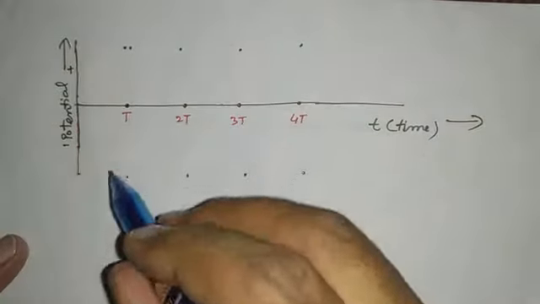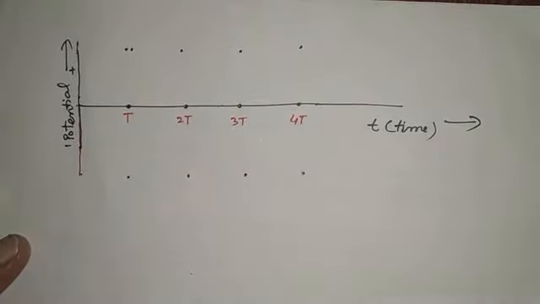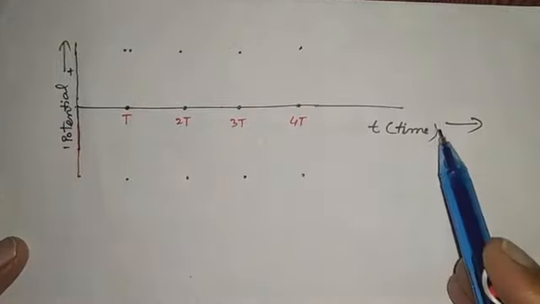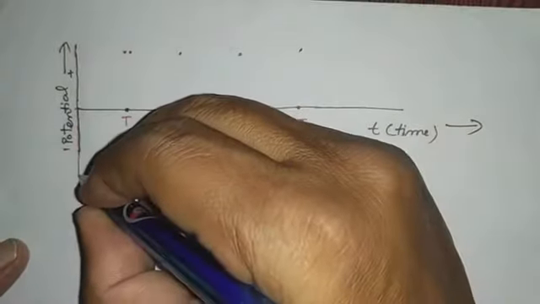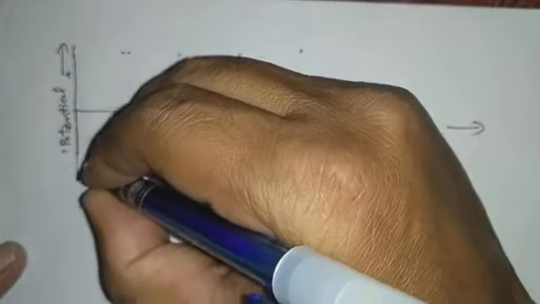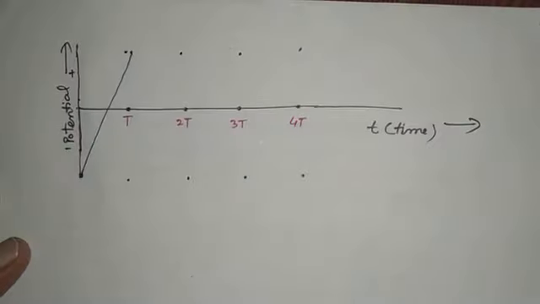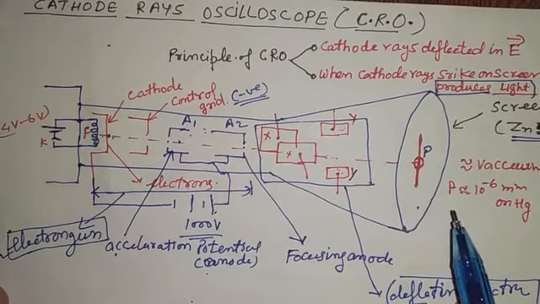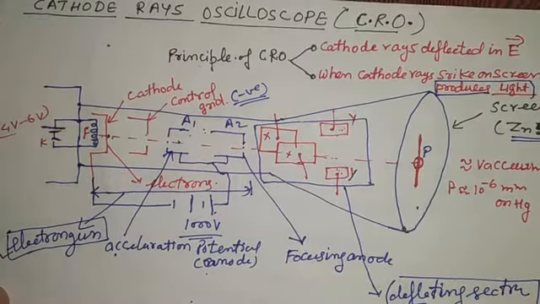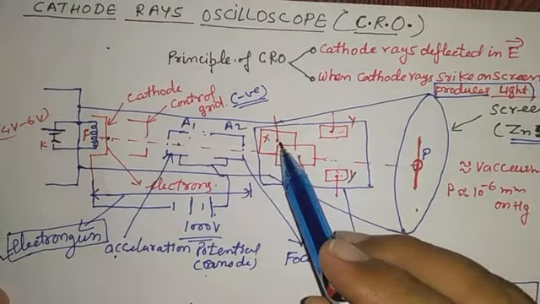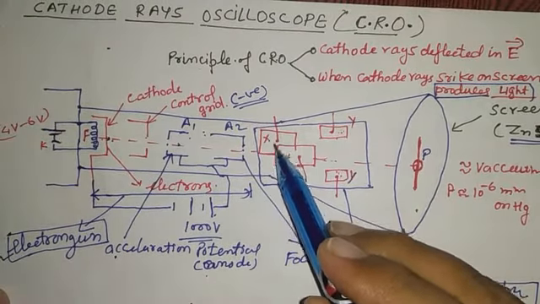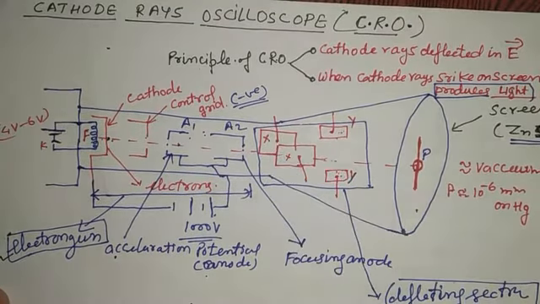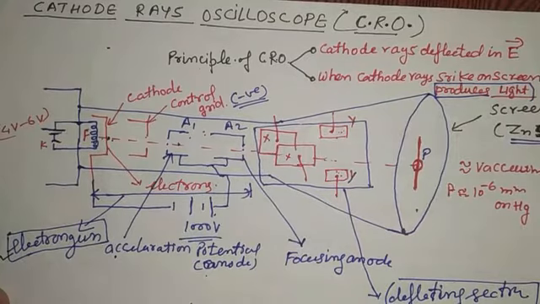As a result of the potential applied along the YY plates, see in this graph, it is a potential versus time graph. The potential changes in this way. Time base. It changes linearly in the system. Now, after this, a potential is applied along the XX plates, which works horizontally in the system.